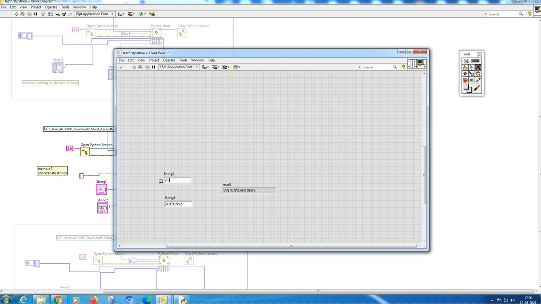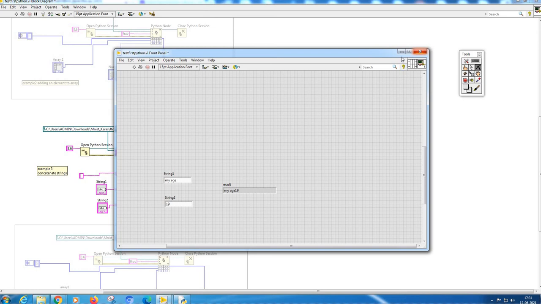Anything you put as string 1, string 2, my age, whatever, like this you can do. So this is how you use this.